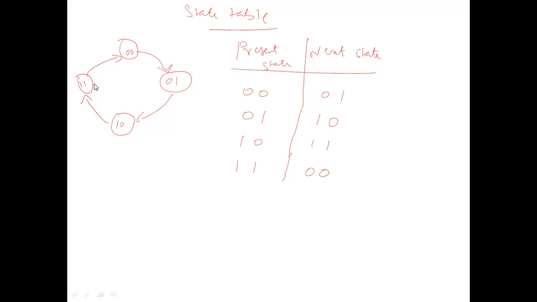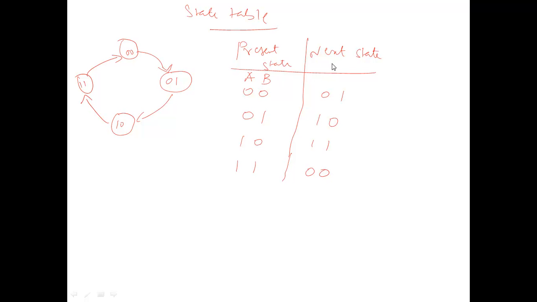Therefore, minimum 2 flip-flops. Otherwise, you can also see inside this you have 00, 01, 10, 11, 2 binary digits. So you want 2 flip-flops. You are naming the flip-flops, one as A, another as B. So call this flip-flop as A.